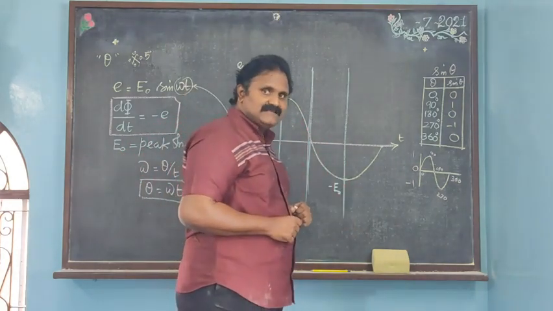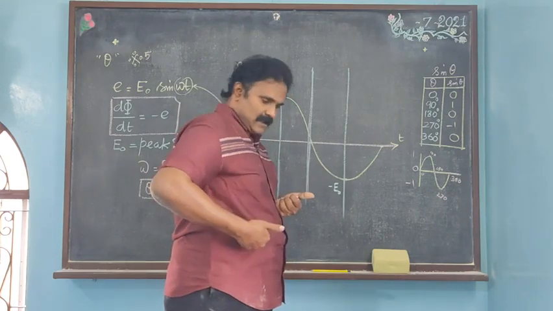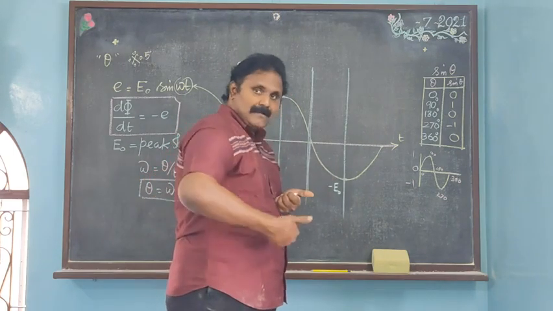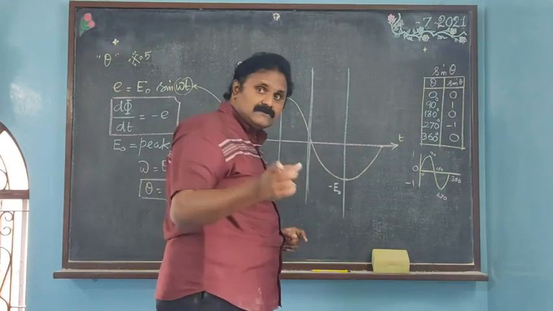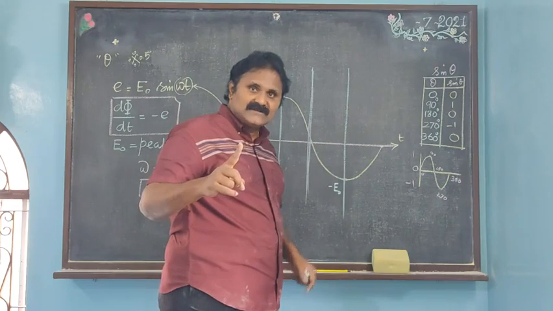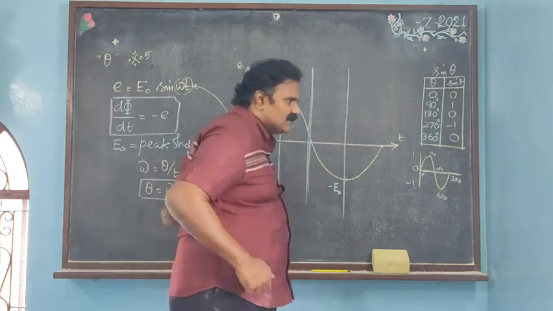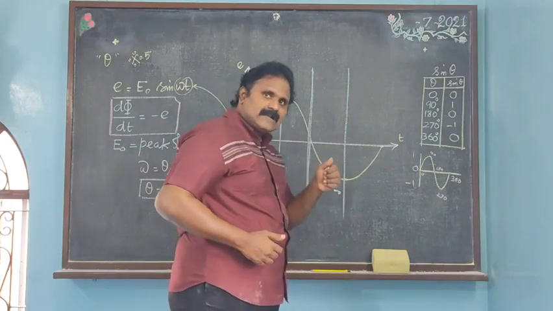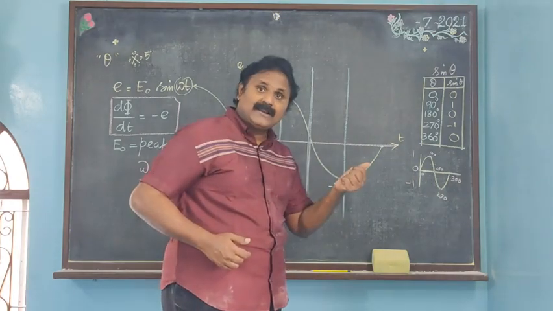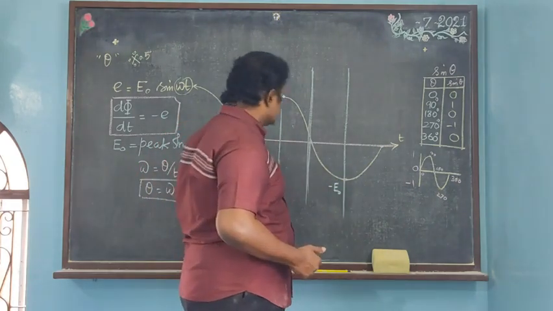Now if I turn like that, the angle between the normal to the coil and the magnetic field is equal to 0. If you substitute 0, EMF is equal to 0. Sin 0 is equal to 0, therefore EMF is equal to 0. But see my flux: the coil is like that, all the lines are crossing perpendicularly. So the flux is maximum, whereas the EMF is equal to 0.